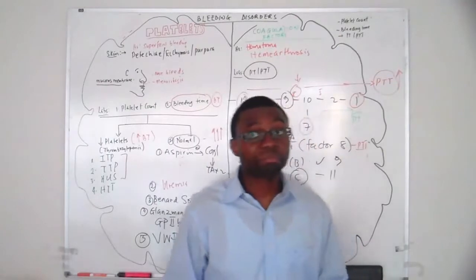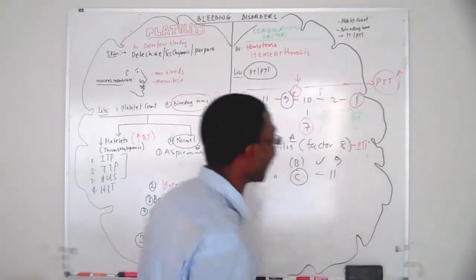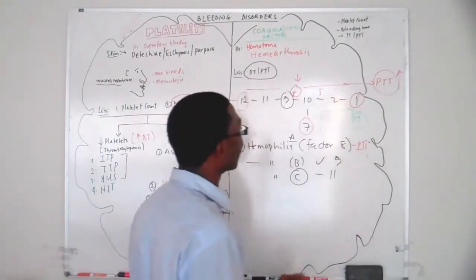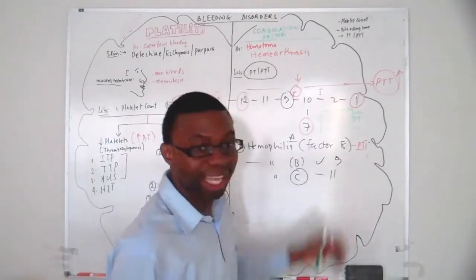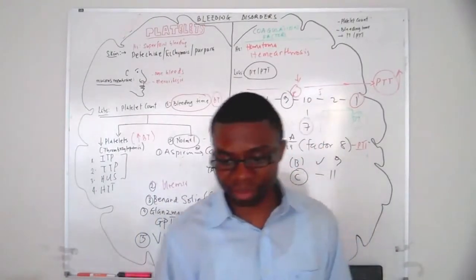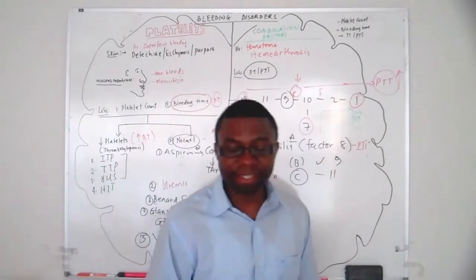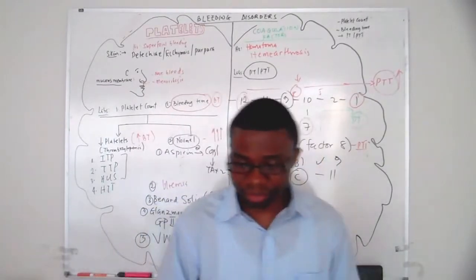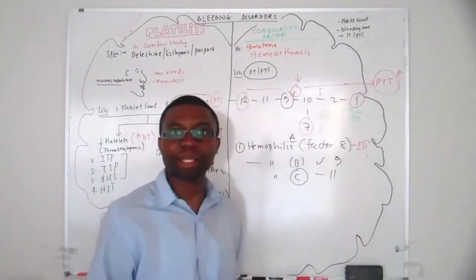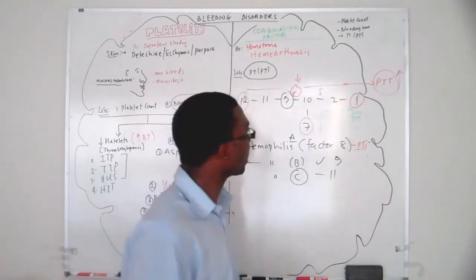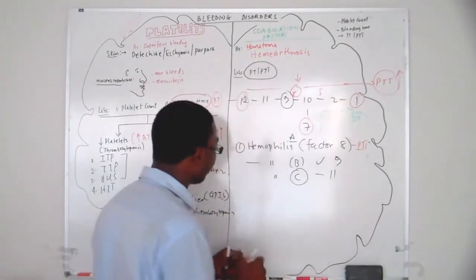And how do we treat it? Oh, we give them factor 8 back. I like that. You give them factor 8 back. Okay? So that's the 3 things I want you to first remember. Another thing that you should be worried about is vitamin K deficiency. If somebody doesn't have vitamin K,